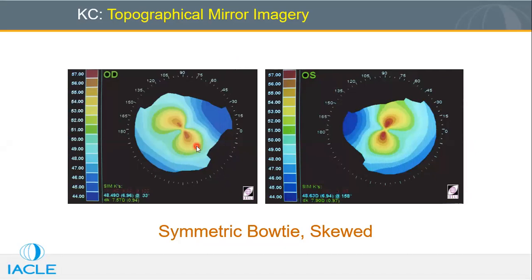Both are having a symmetric bow tie pattern. What is different here is that in the oblique one, the symmetric bow tie axis is very oblique, but the pattern is kind of symmetric. In the left eye there is a little asymmetry if you compare superior with inferior, but the axis is oblique. So the skewed bow tie pattern is very classical of keratoconus. In a normal cornea, you will not get this much skewing. It is more than 50 degrees. If this were exactly horizontal, it would be a normal cornea.